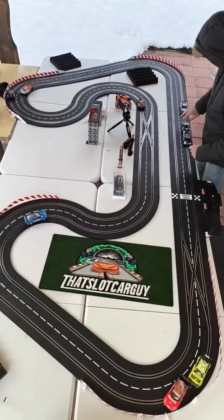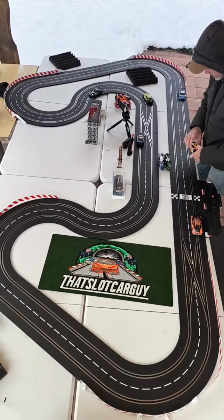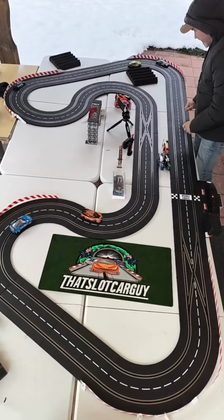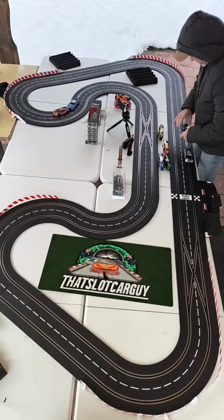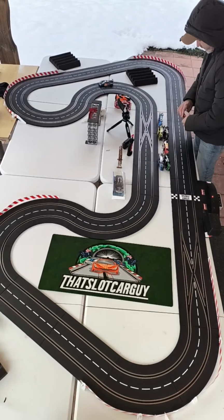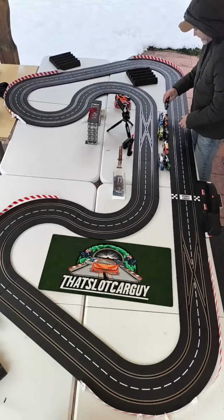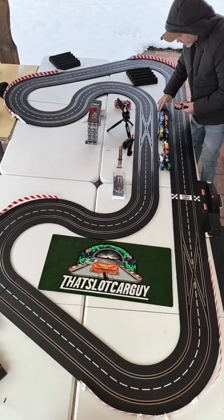Let's get some cars on track for a race. Let's do it. Start our first race for a Saturday morning. Saturday morning racing. Let's see how we go. Here we go. Feels like I'm missing a car. 1, 2, 3, 4, 5, 6, 7, 8. We've got 8 cars today. I'm going to quickly sort out the...